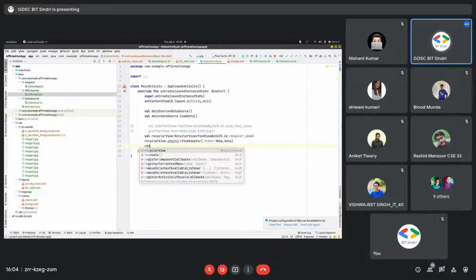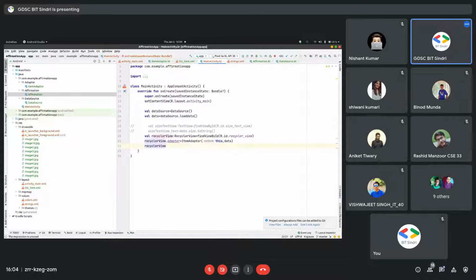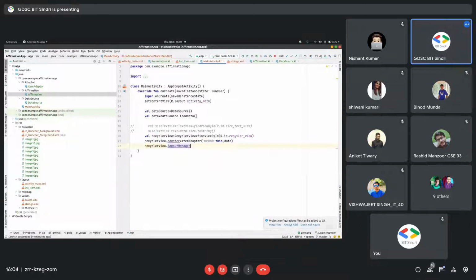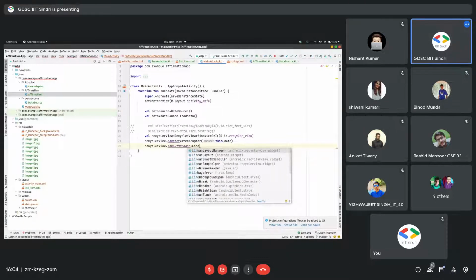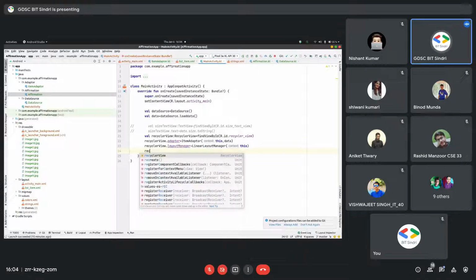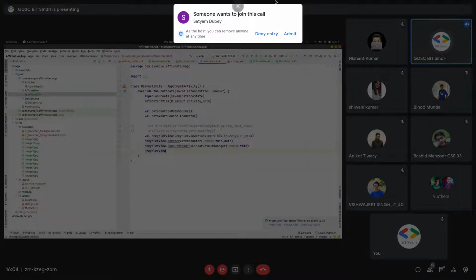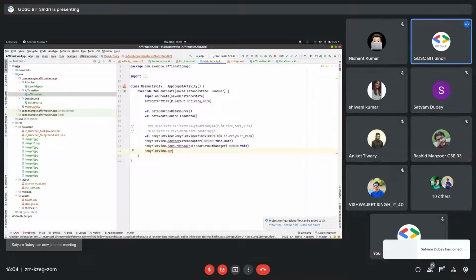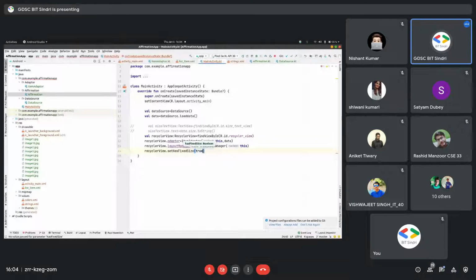And we have to also set recycler view dot layout manager. It will be linear layout manager. We have to set recycler view. It will be true. Okay, let's try to run this app.